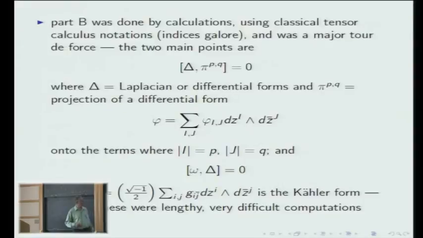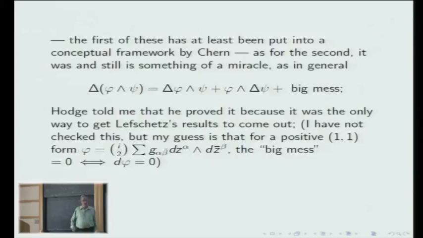The two main points are to show that the Laplacian commutes with a projection onto PQ forms, and to show that the Kähler form commutes with the Laplacian. So the Laplacian maps forms to forms. The Kähler form, you wedge a form with it, and that maps a form to a form of degree 2 higher. And if you write down what the Laplacian is on a product, it's a mess. You get two terms that you know are there, and then you get a big mess. And there's no reason in the world that the big mess should go out when you plug in the Kähler